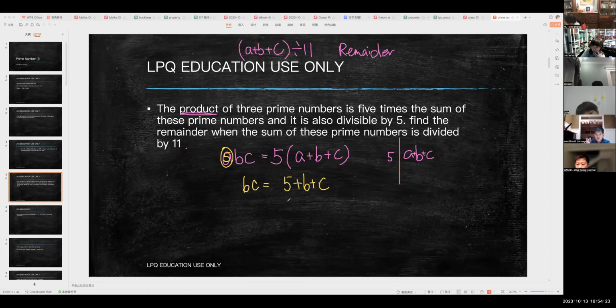So 5 is an odd number. If B and C are all odd, so odd plus odd plus odd equals what? Boys and girls? Odd. Odd plus odd plus odd equals odd. Correct, everybody? So that means B times C must be odd. It could be odd times odd is still odd. Correct? So let's try to find out something. So we have one of those 5. Can you try to find out the answer yourself? 自己凑一下好不好，小朋友们？